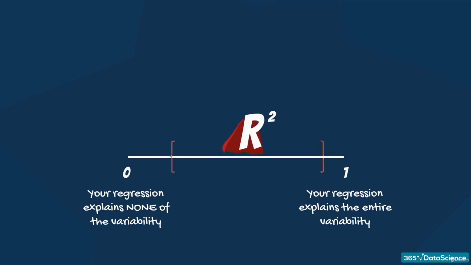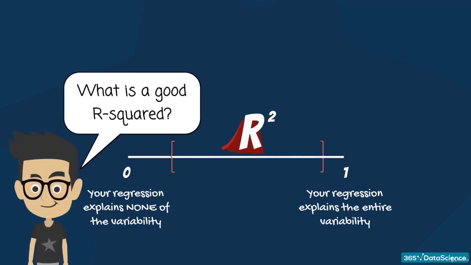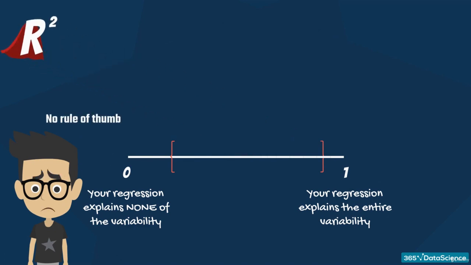The immediate question any student is compelled to ask is, what is a good R-squared? When do I know for sure my regression is good enough? I regret to inform you there is no definite answer to that. In fields such as physics and chemistry, scientists are usually looking for regressions with R-squared between 0.7 and 0.99. However, in social sciences, such as economics, finance, and psychology, an R-squared of 0.2, or 20%, of the variability explained by the model could be fantastic.